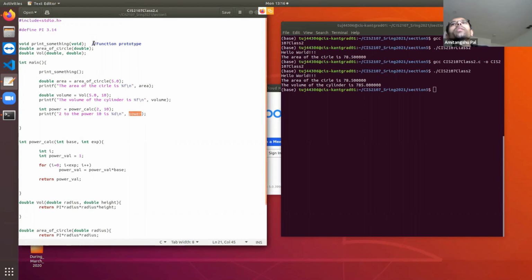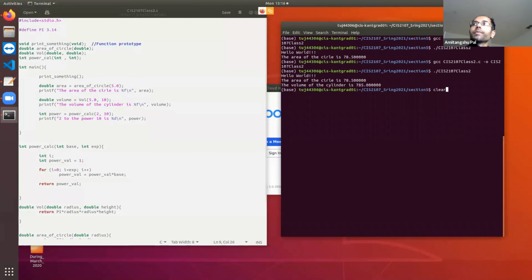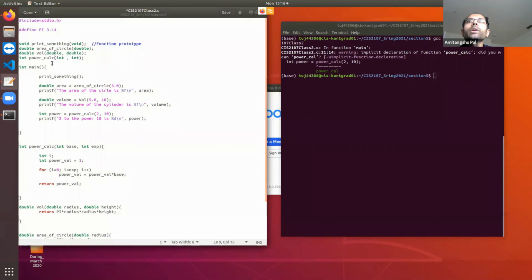So let's see. The prototype is int power calculation. Implicit declaration. Okay, so I have made a mistake. Power calc.